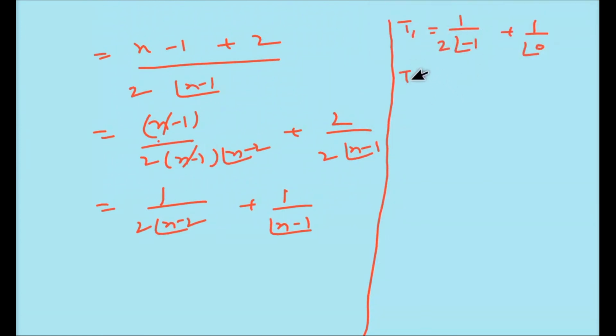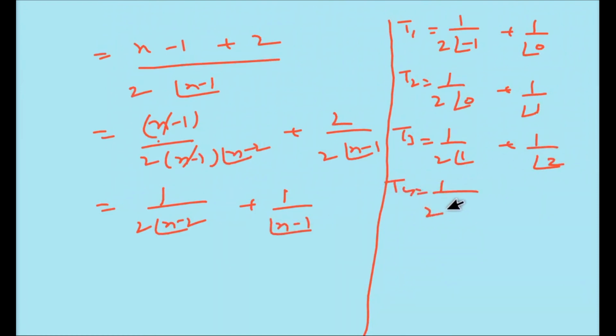Now putting 2, 1 upon 2 factorial 0 plus 1 upon factorial 1, then T3 equal to 1 upon 2 factorial 1 plus 1 upon factorial 2, T4 equal to 1 upon 2 factorial 2 plus 1 upon factorial 3,